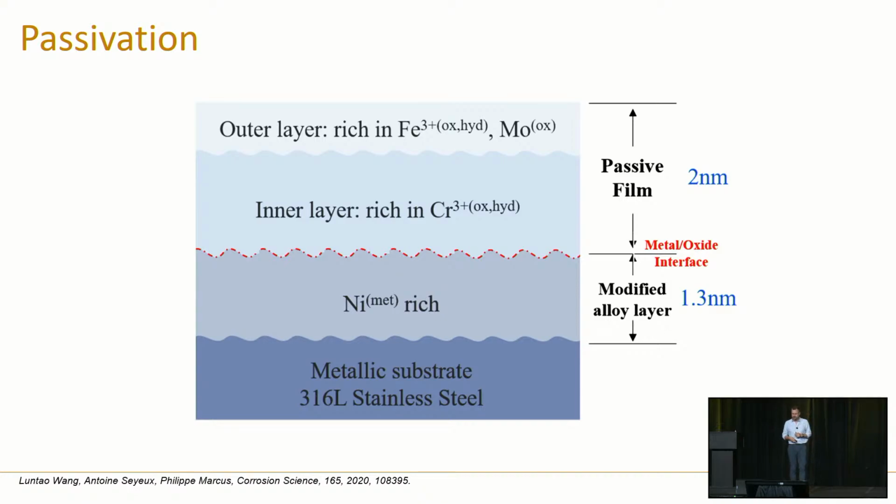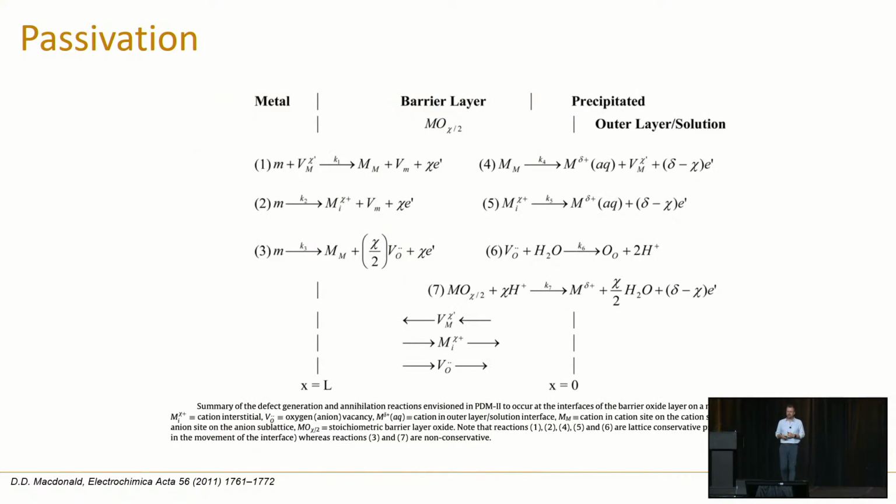So after being in Cancun a few days, I'm a little bit relaxed. So I forgot to say that this is just one example of 316 stainless steel, which is an iron, nickel, chromium, molybdenum alloy, which we all know. This is usually what your cutlery is made out of. And you can see that you have a nickel-rich inner layer, and then chromium-rich, and then a molybdenum and iron-rich outer layer. So where I'm going with this is there's some complexities, and probably the best rationalization,